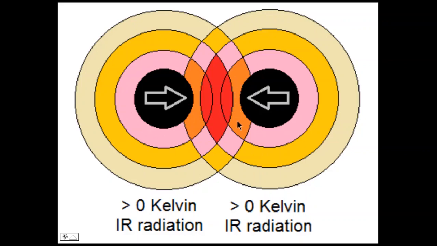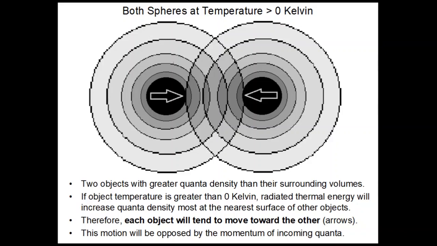The same here on this side. Therefore, this object will move to the left. Here we show both spheres at temperature greater than 0 Kelvin again, the two objects with greater quanta density than their surrounding volumes. If object temperature is greater than 0 Kelvin, radiated thermal energy will increase quanta density most at